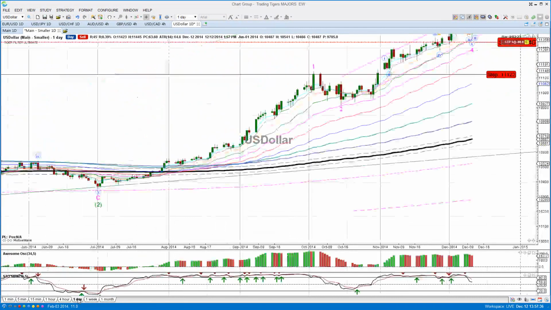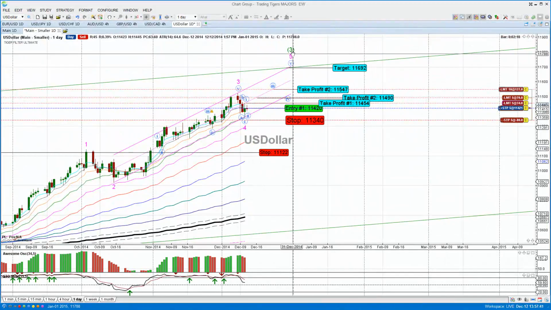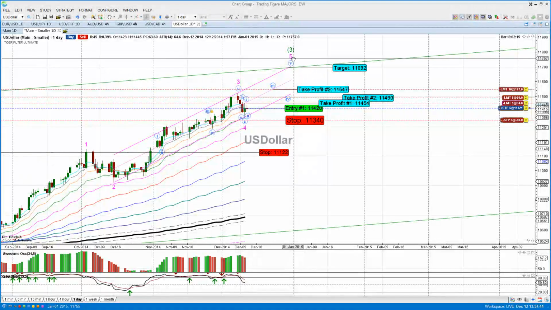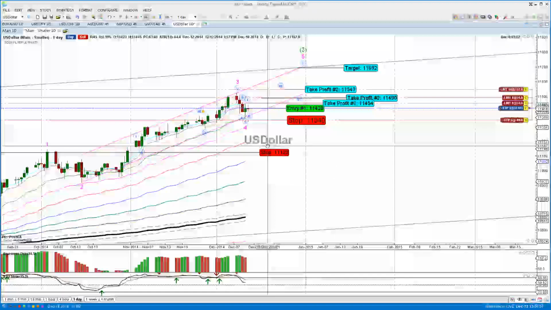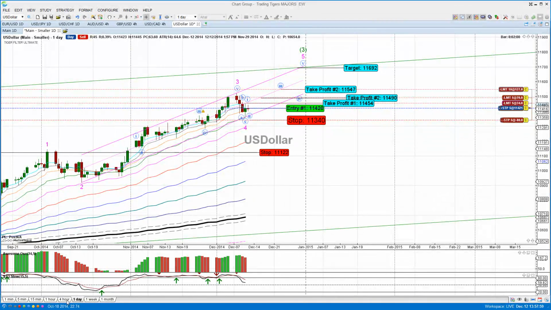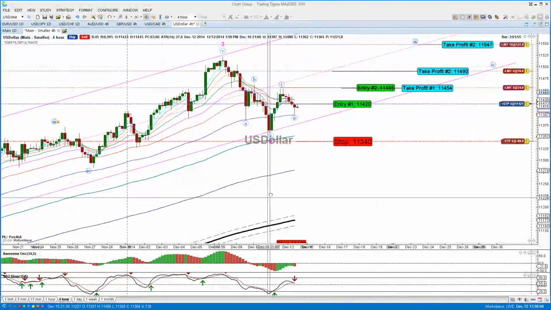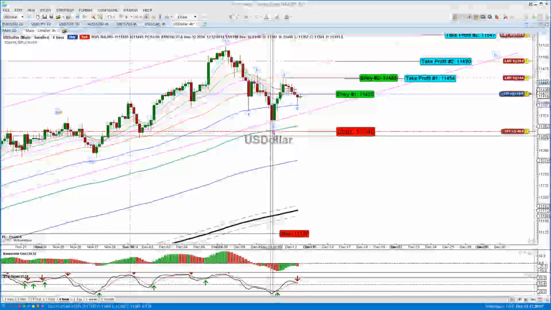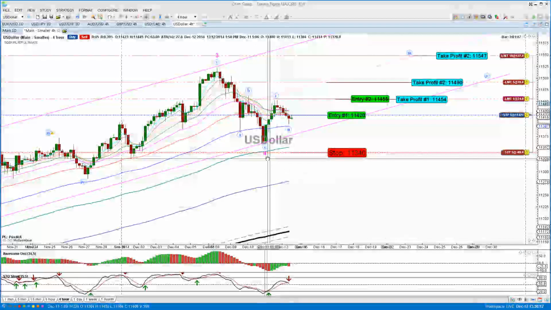Move down to the daily chart so we can have a little bit better understanding of the substructures. So we're in a wave 3 of an intermediate. Its substructures is the minor, which is pink, and we can see wave 4 has come down to the low here on the 11th of December, just today, and we'll get a better understanding on that as we move down the time frames. Taking it down to the 4-hour chart, as you can see, the 4-hour fourth wave of the minor is showing here